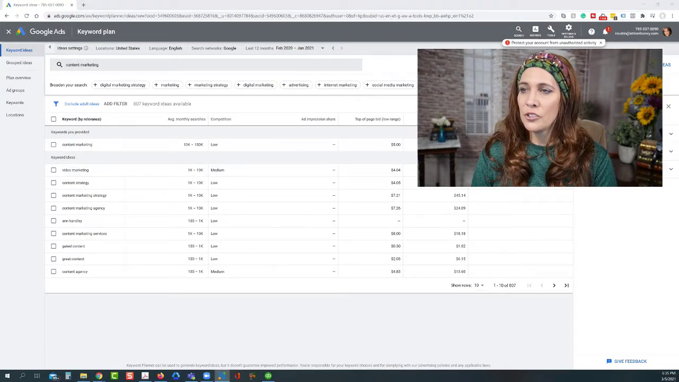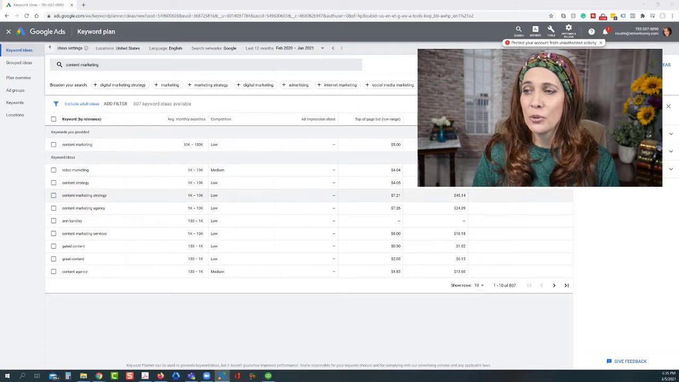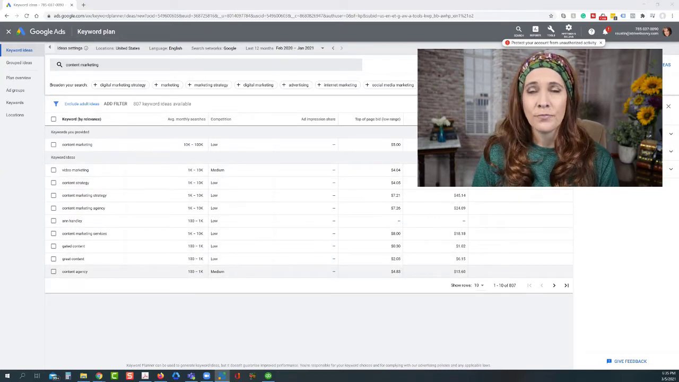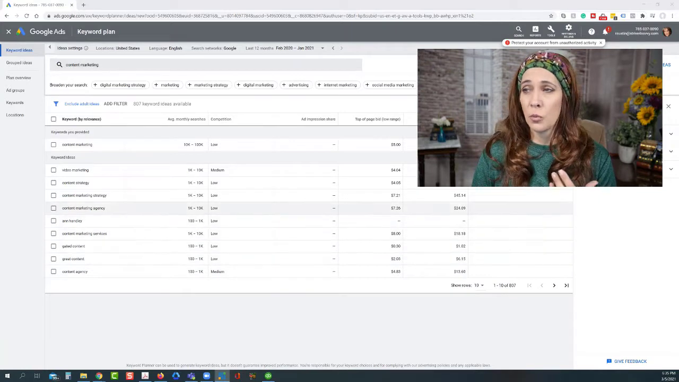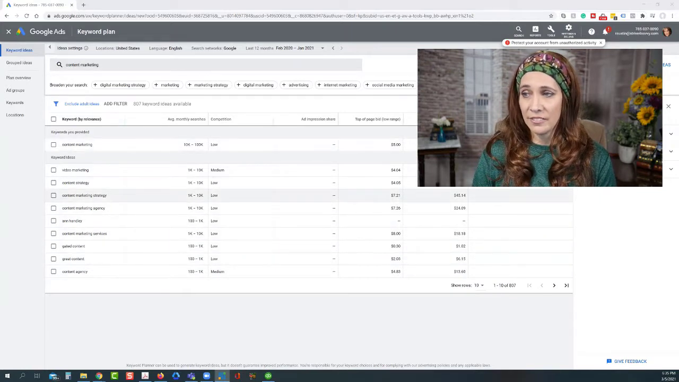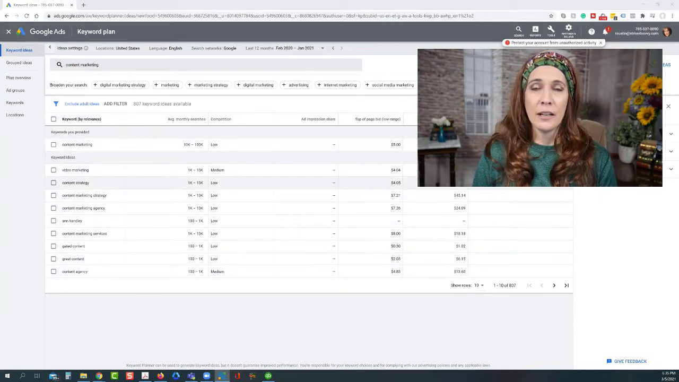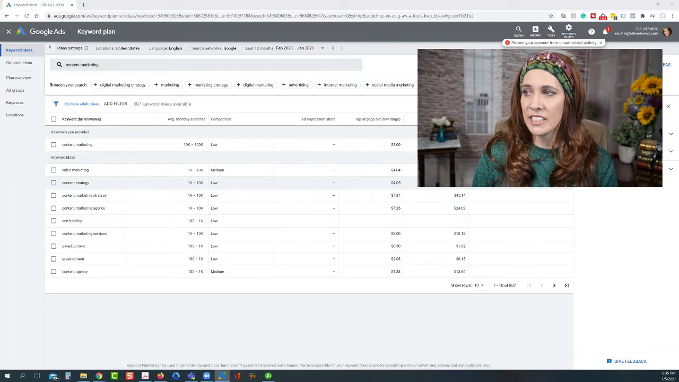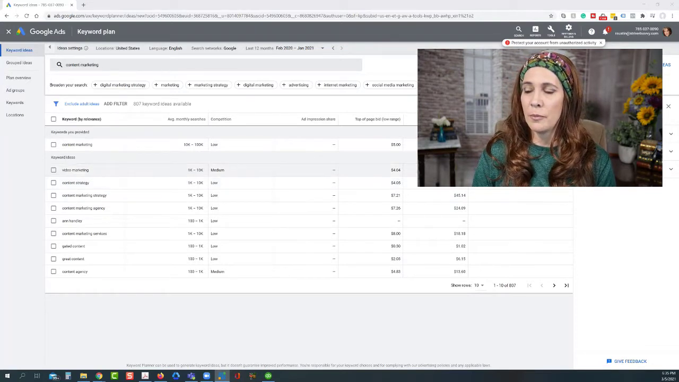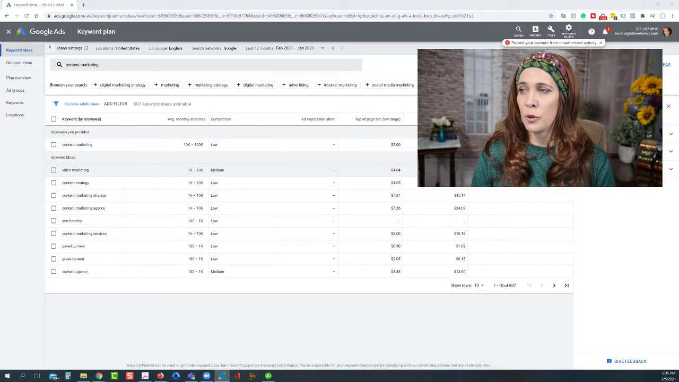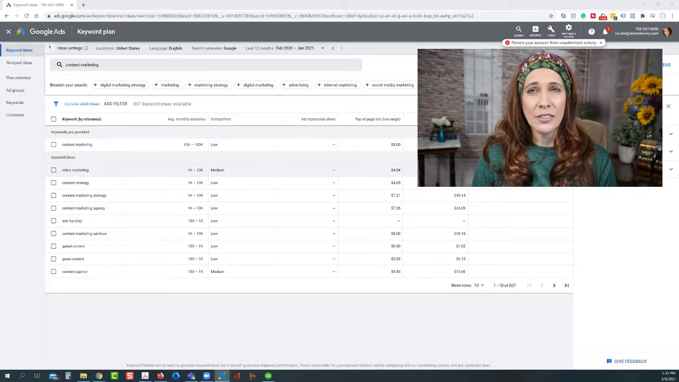Then you'll also notice on this particular tool that there are keyword ideas. These are similar searches, or searches that went along by relevance. So video marketing might be another one that I might consider looking at. This one is medium competition, and there are 1 to 10,000 searches per month. And so that tells me that